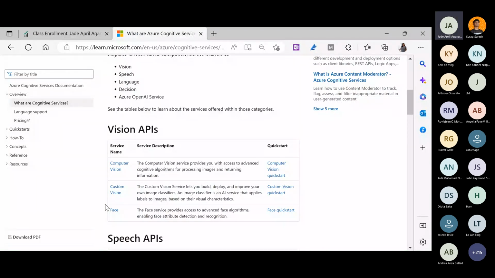And we have custom vision. The custom vision service lets you build, deploy, and improve your own image classifiers. It's an AI service that applies labels to images based on their visual characteristics. So for example, we do tagging.